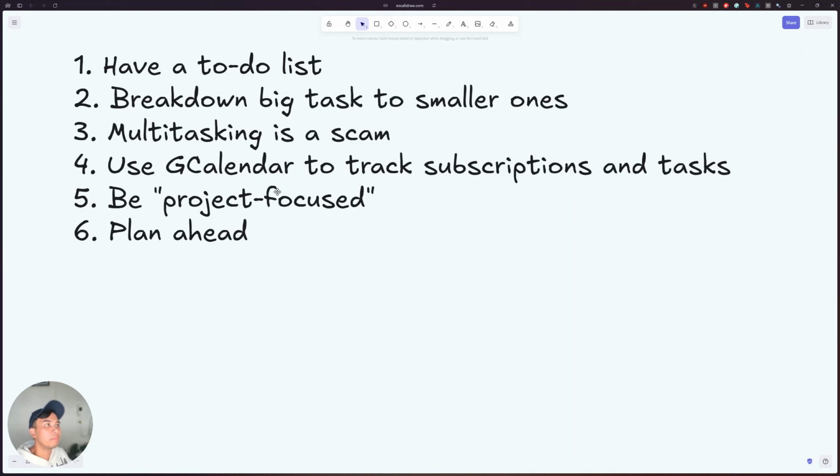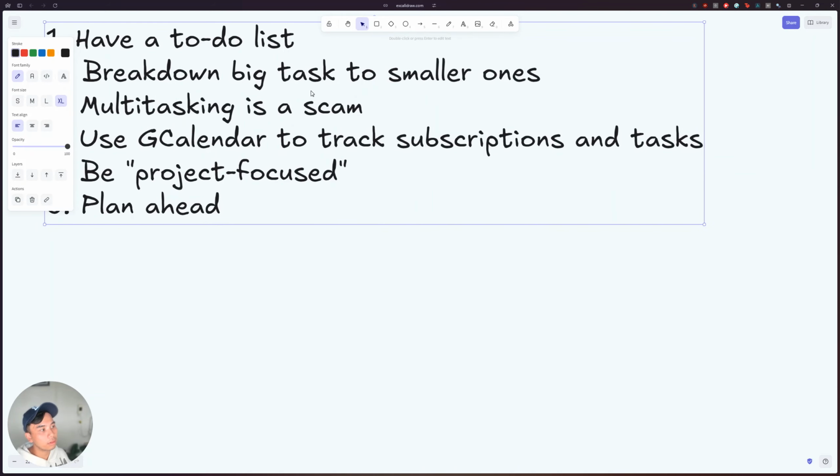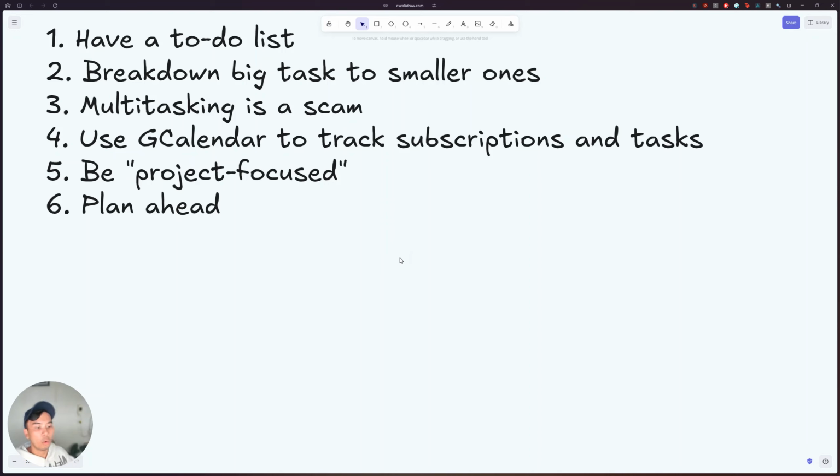The next one is breaking down big tasks into smaller ones. Right? So the main problem with becoming overwhelmed is because we're scared of the things that haven't happened yet. We're scared of things that we don't know. For example, we're overwhelmed because we don't know what part of the process we're at.